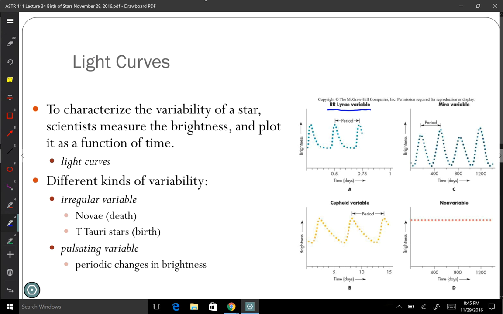But if you look here, you have a very reproducible brightness pattern. And notice the period here. The period is the time between when it's bright and when it's bright again. That's only a quarter of a day for this RR Lyrae variable. So that is a very rapid fluctuation in brightness. If we look over here at the Mira variable, our sun could become a Mira variable. Its period,